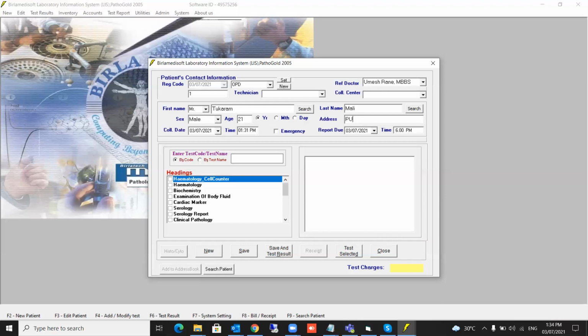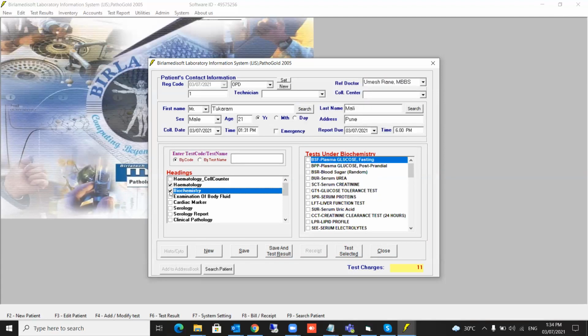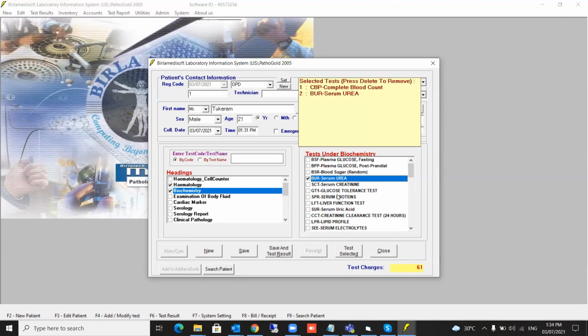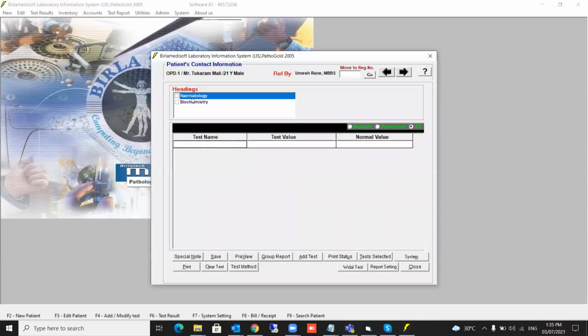And now I will show you how to edit a patient. It's very easy to edit a patient. I select the test. Let's say I select a complete blood count, and in biochemistry, I'll select serum urea. And I save it. Immediately if I go to the test result, I can.